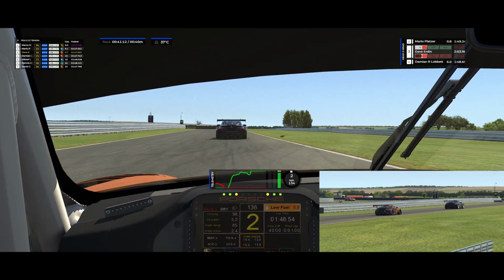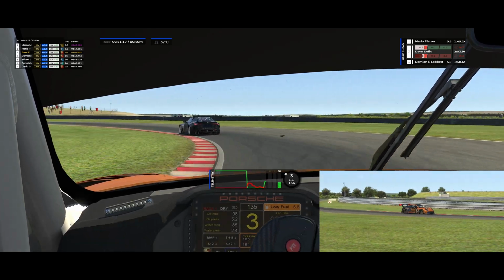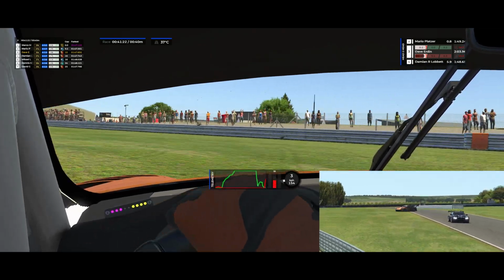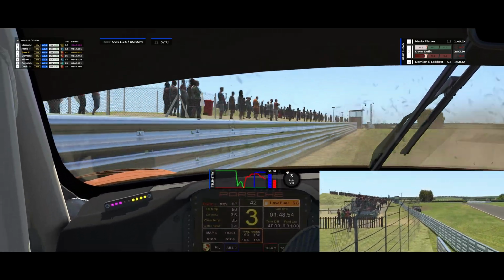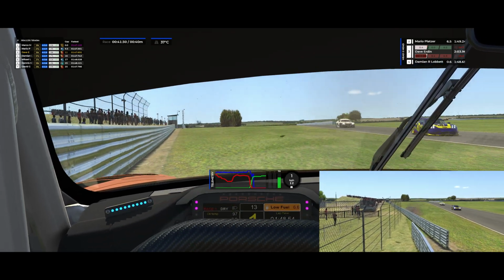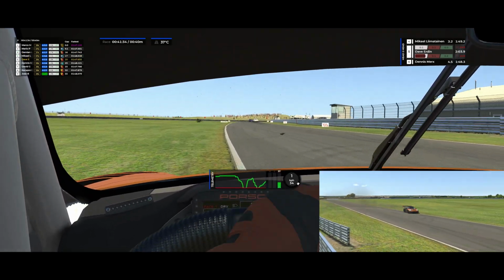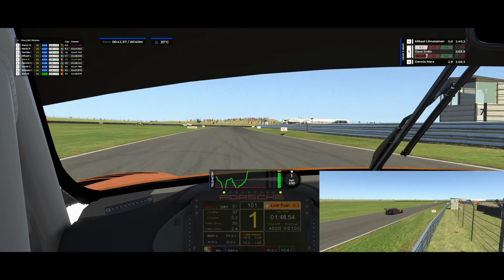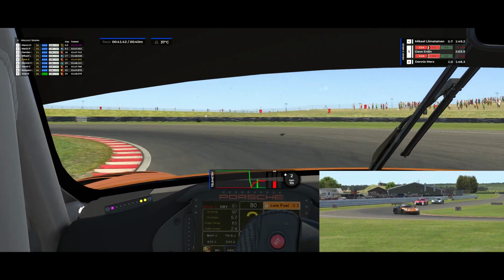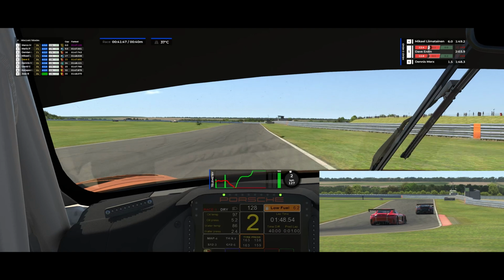Here I come out wide, and now you can see in this lap, getting too early on the gas, too much steering angle, get on the grass, and lose it. This was very unfortunate because the car is turned around. It's hard to get back on the track. I lose 2 positions really badly. And now I'm out of shape to keep up. There are 2 cars closing in. If you see the AMG,